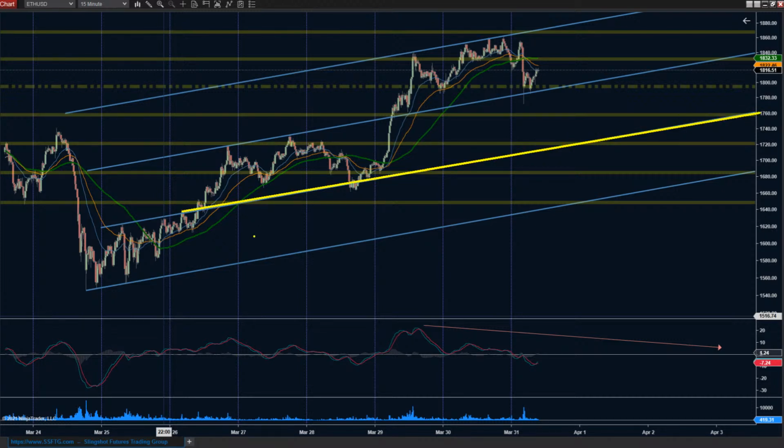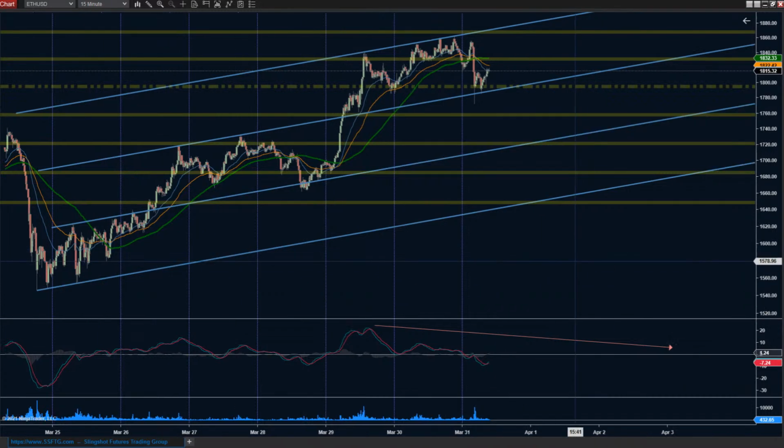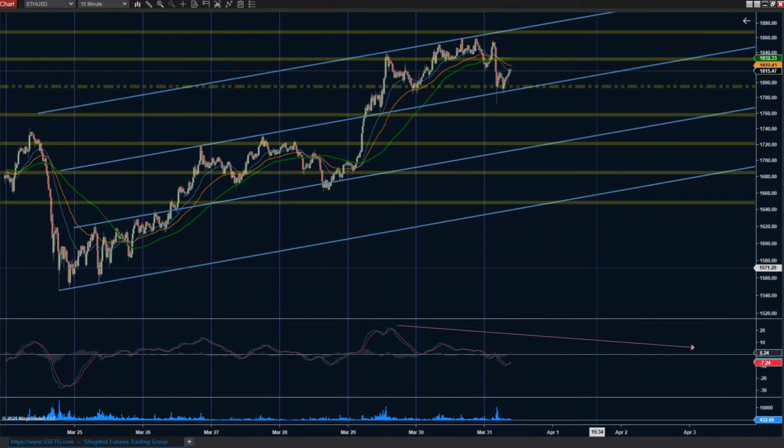It lined up perfectly. So I think this is going to be the channel that we're going to be dealing with for a while, and we can kind of look at this from an aggressive to non-aggressive standpoint. Aggressive buyers are going to be buying the top quarter, looking for continuation to the upside. Value traders are going to be looking for dips down to the lower quarter, and like the bargain bin pricers, they're going to be looking down here at the base. So that's kind of what we're dealing with right now.